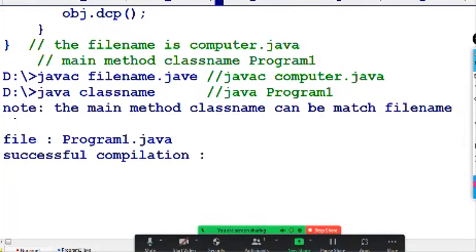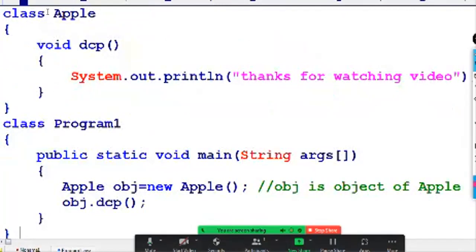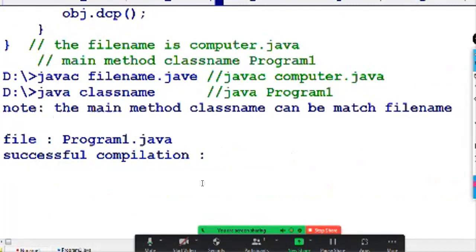How many class files? As many classes as there are, that number of class files will be there. Here Apple is one class file, and program1 is another class file. The JVM creates the apple.class file and one more, the program1.class file.